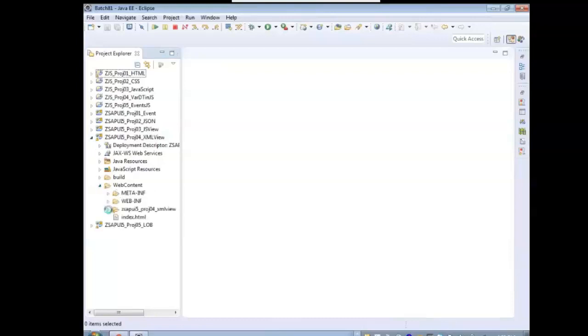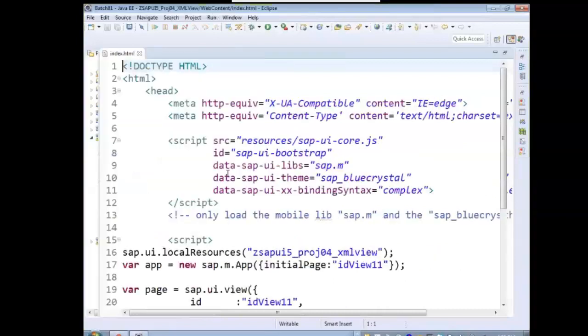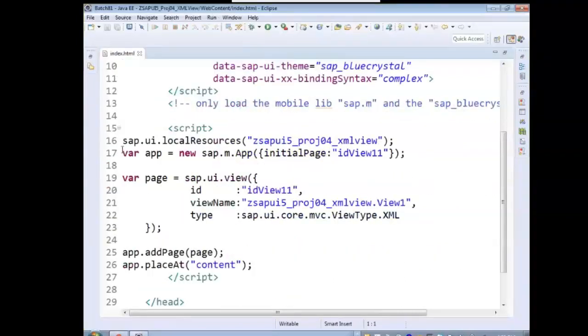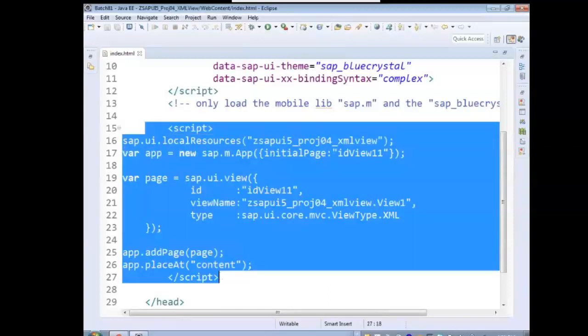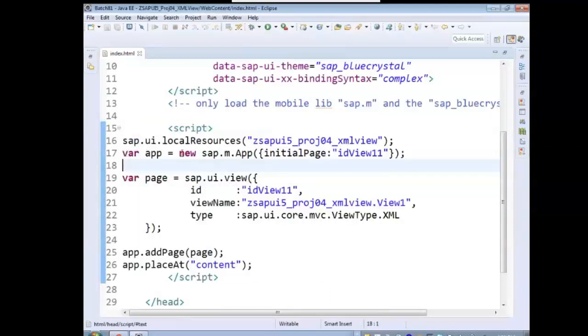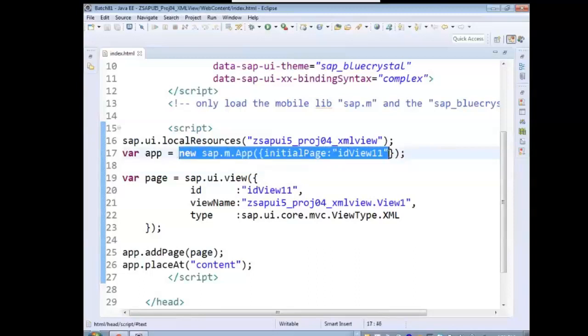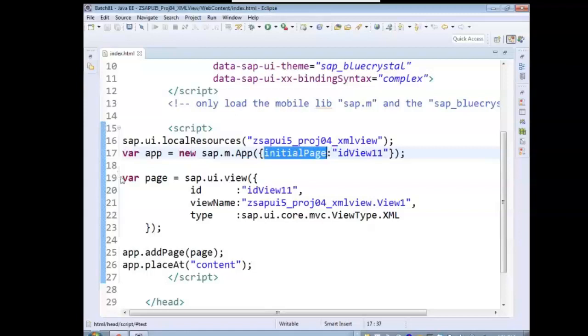Now this is not required, just for your understanding. Just observe this line between the script. In this line, an object of ID view 11 is created.